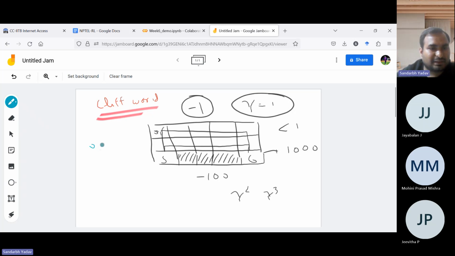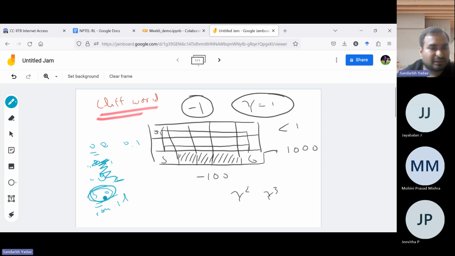So first cell is generally 0, comma 0, then 0, comma 1, then 0, comma 2. No, this is like zeroth row. First index is for row, so 0, comma 1. And in a similar manner, you can go down 1, comma 0, 2, comma 0, and 3, comma 0. So first one is the row index, and second one is the column index.